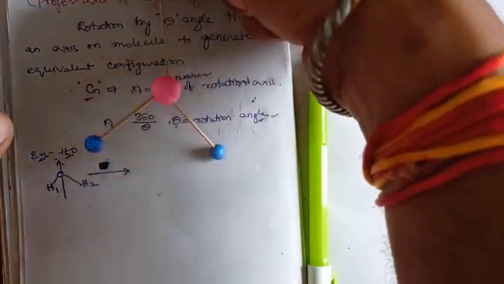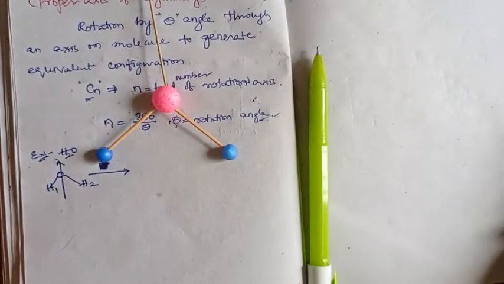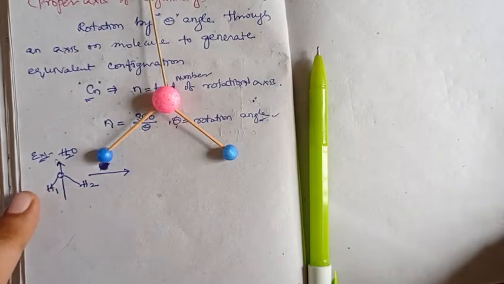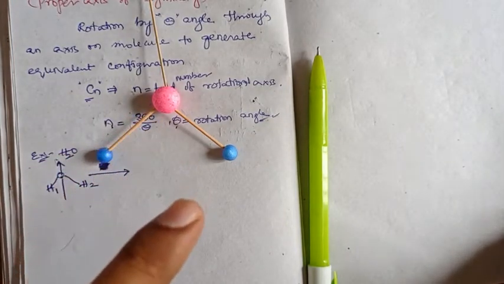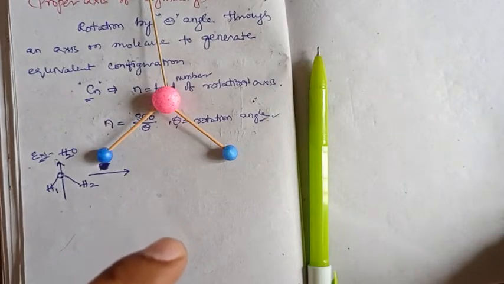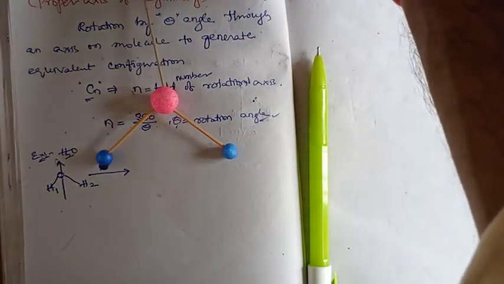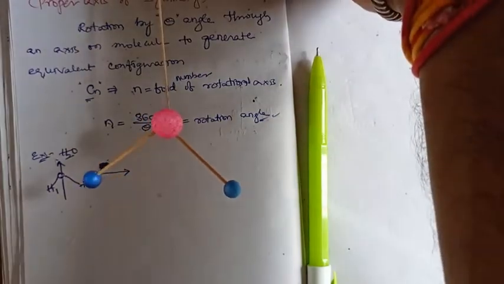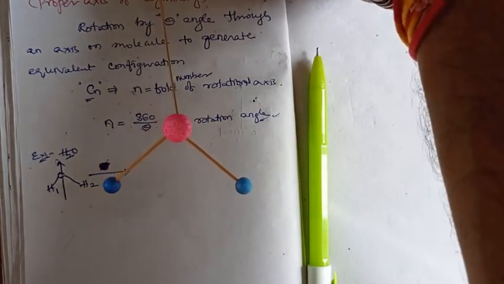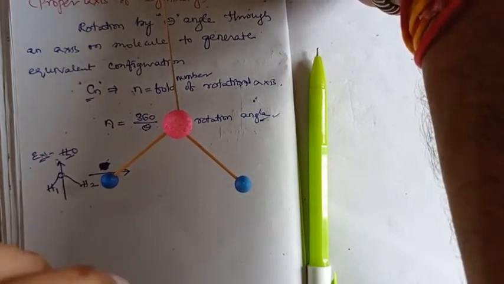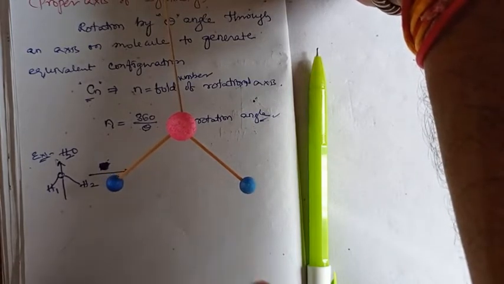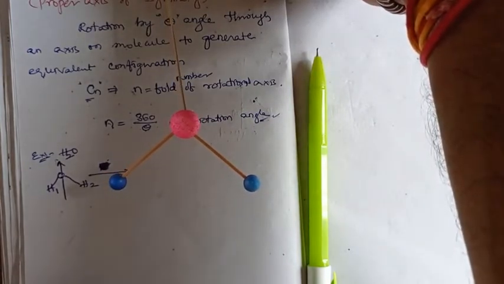With respect to the second hint, to get the equivalent or identical configuration, what we have to do is that similar atoms should be exchanged. Thus, when we rotate by a certain specific angle, it leads to an equivalent configuration. In the water molecule, we have two hydrogens as similar atoms. To exchange the hydrogen positions, we have to check what angle of rotation is needed.